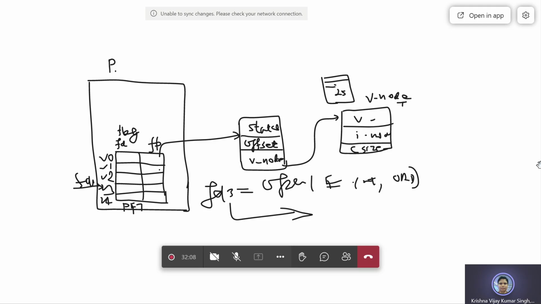So the kernel will assign the minimum integer number. The current status is that file descriptor 0 is occupied, 1 is occupied, 2 is occupied, 3 is free, and 4 is again occupied. It will look for the minimum available integer, and the minimum available integer is 3. So 3 is going to be printed. If you are closing a file, that means you are closing that file descriptor, making it free so that it can be allocated to another one.